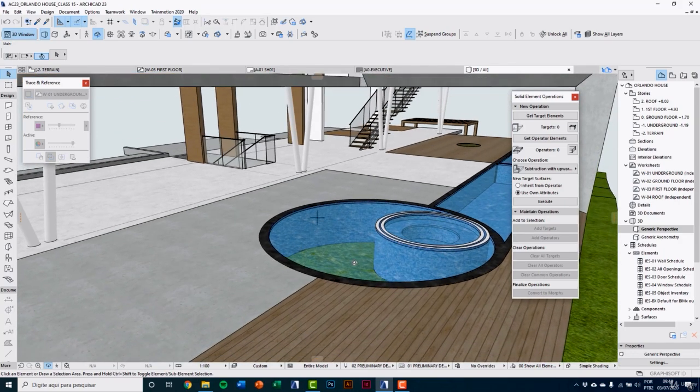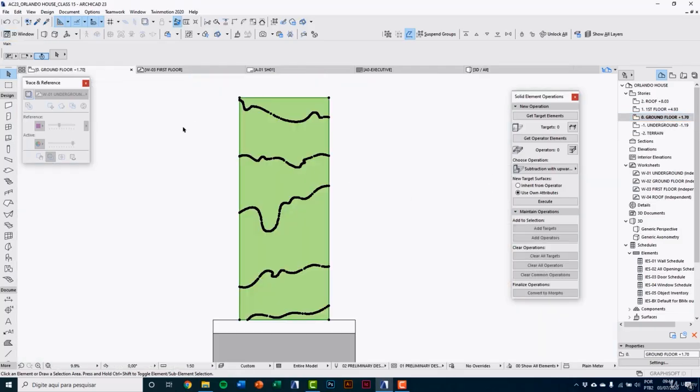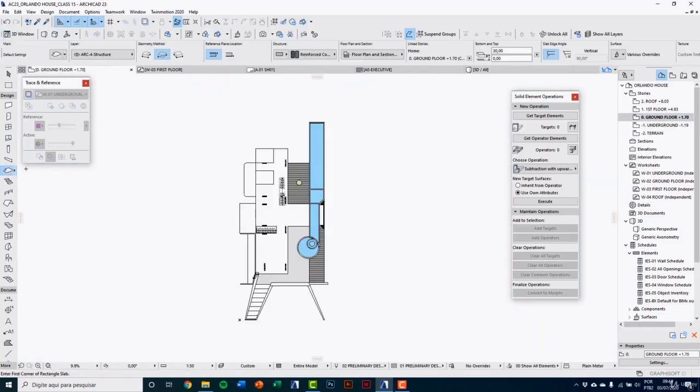And it has happened because the pool bottom slab is not on the underground level and wasn't used as an operator element. So clicking in ground floor, select slab 2, Ctrl A to select all slabs, get operator elements,